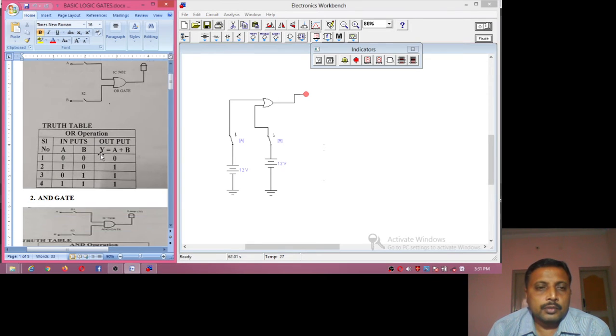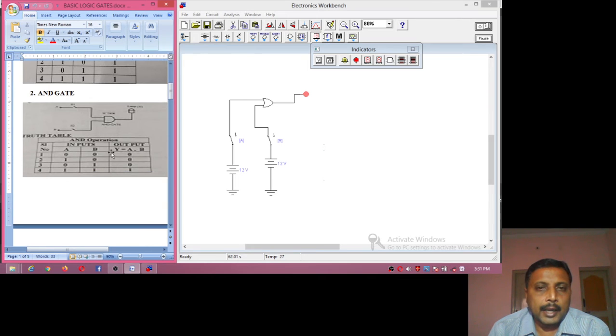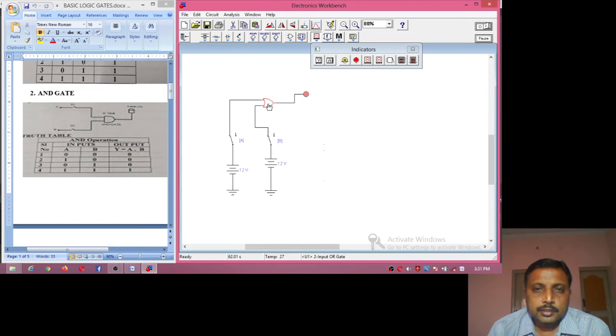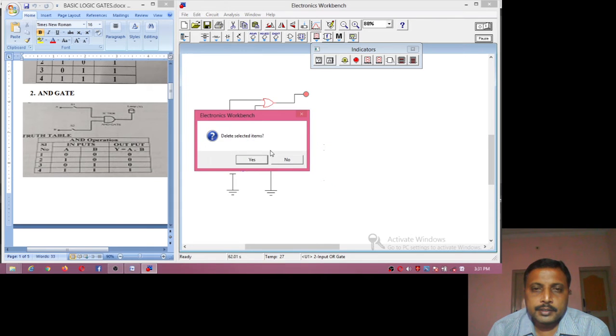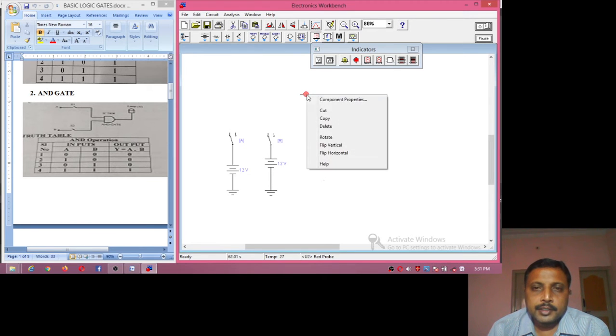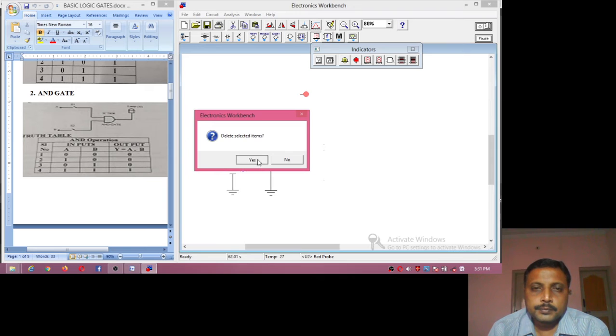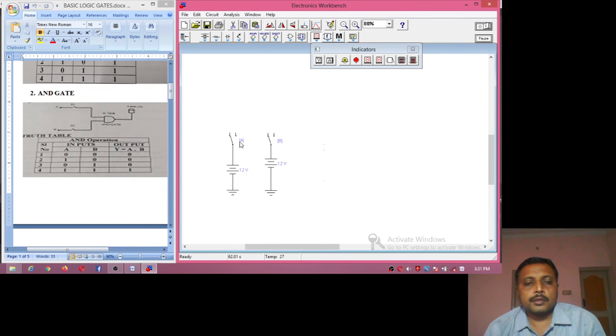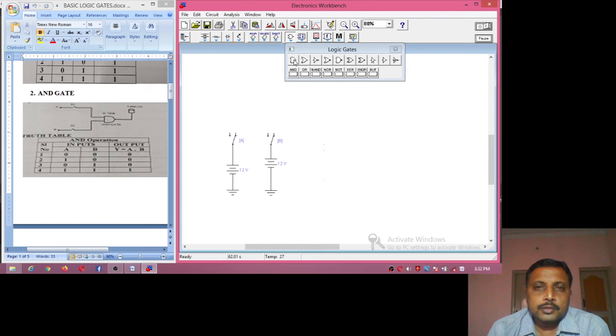Now let us see another gate, the AND gate. So I just remove this. I will say delete. I am deleting the output. Now you need to switch off the main and then again use the other gate. So I use an AND gate now. We will connect the input A to one of the inputs of the AND gate, input B to the other input of the AND gate,